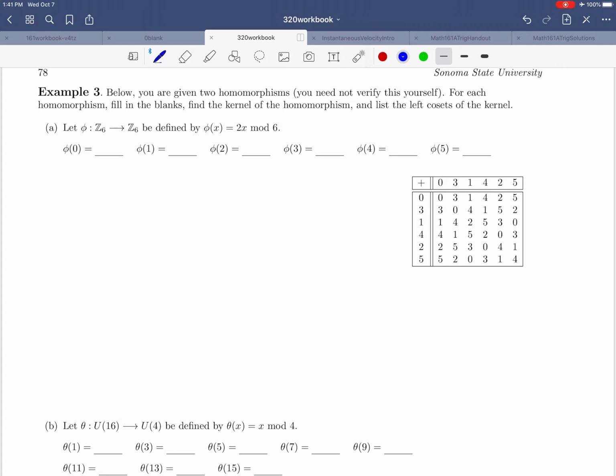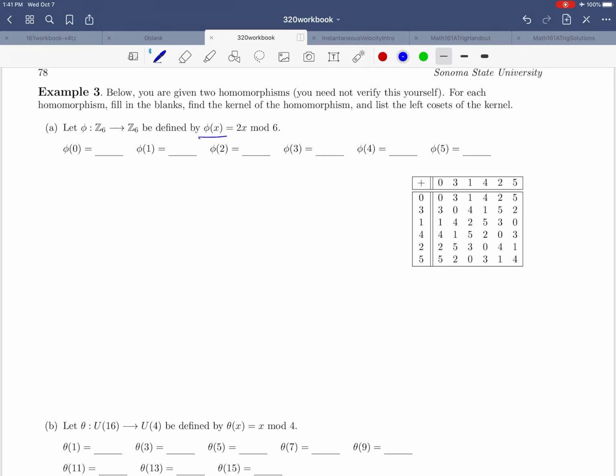In example 3, we're going to look at 2 more homomorphisms to learn a little bit more about how homomorphisms work and to lead us towards being able to generalize some properties of homomorphisms, just as we did with isomorphisms. So in part A, we're looking at the homomorphism phi from Z6 to Z6, defined by